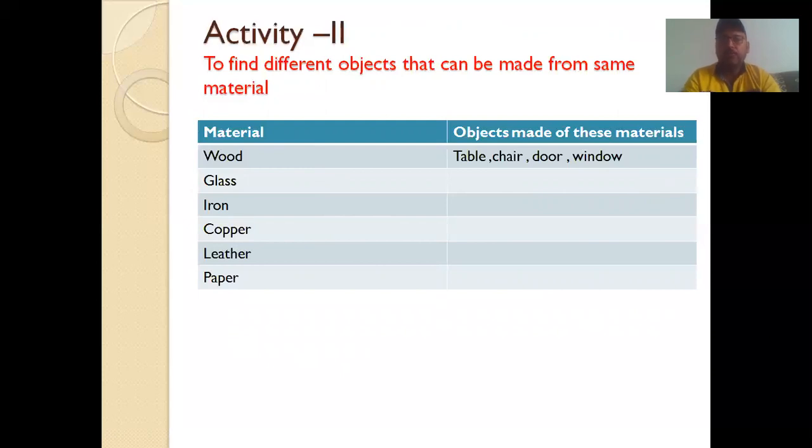So in these two activities, study about the materials and try to identify more and more objects. Look around you when you're sitting in a room, when you're standing outside, when you're standing on the terrace, and think about how we can classify the objects. The more places you visit, the more examples you will find.